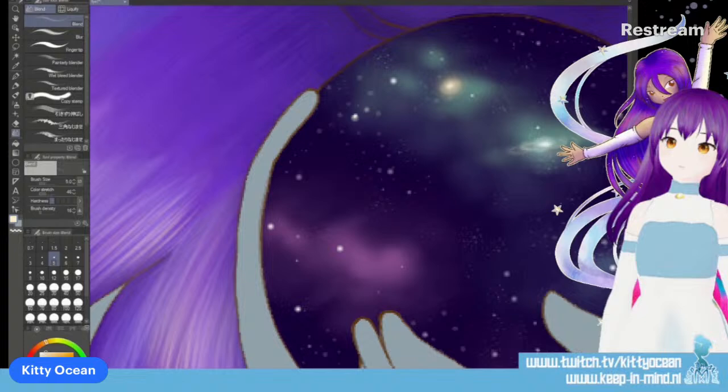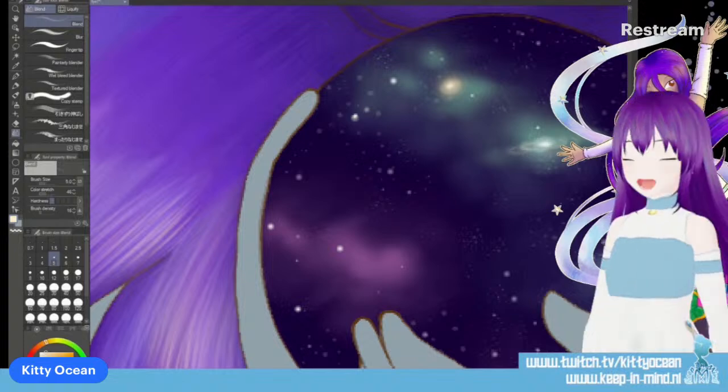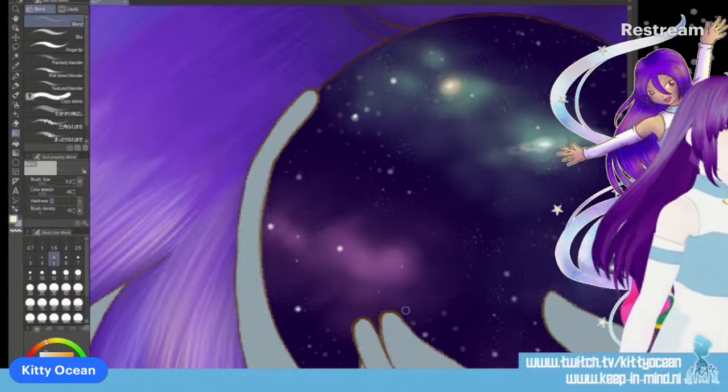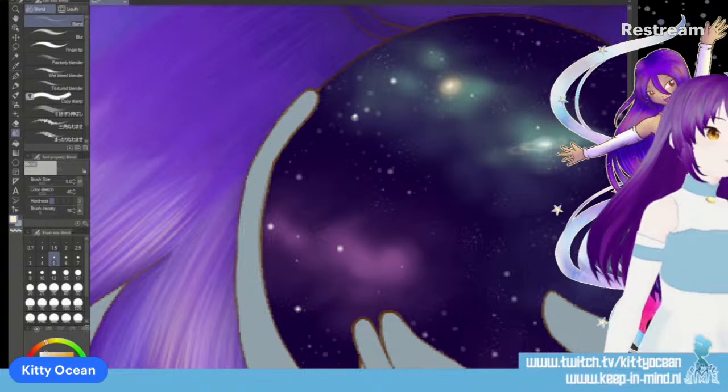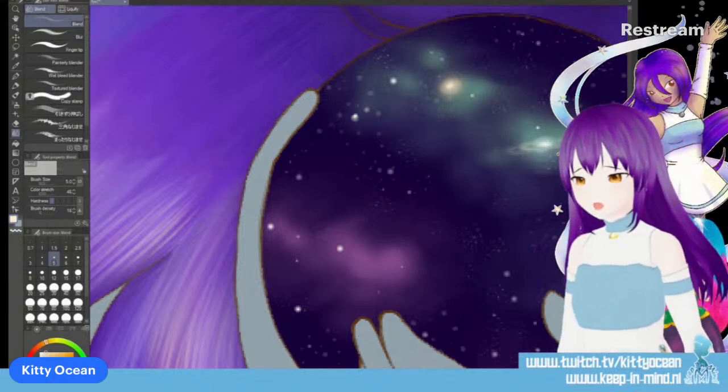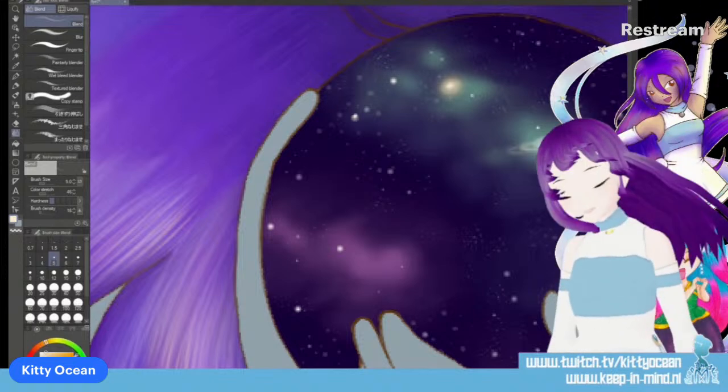Nebula. There's one with lines in it, so I want to create that in the pink one. Another layer. Let's see if I can create lines in it. The pink one.